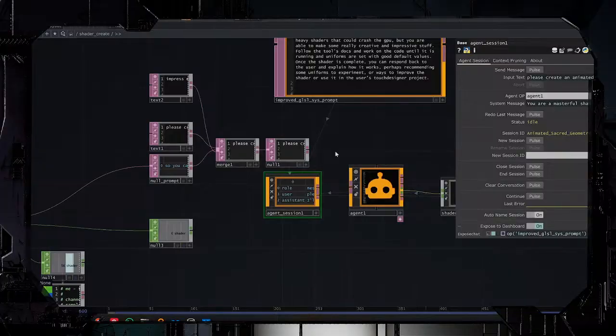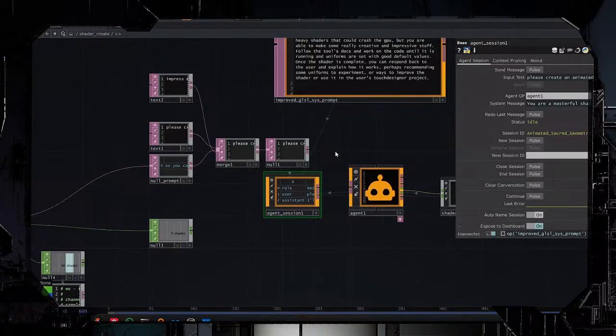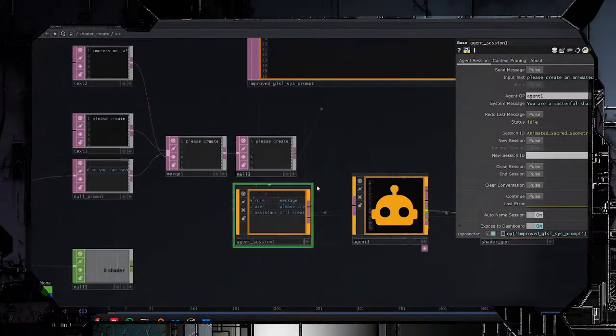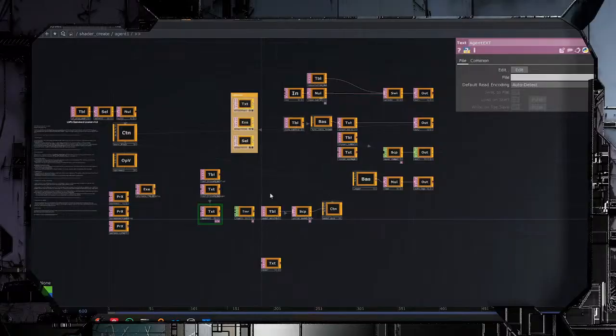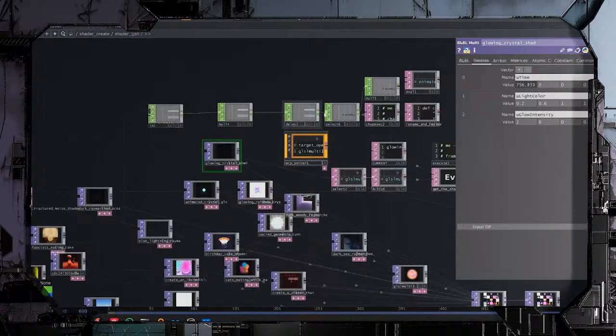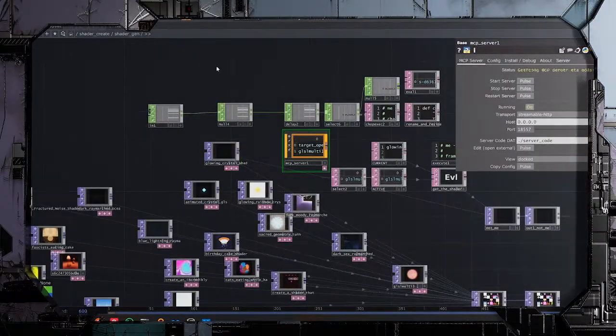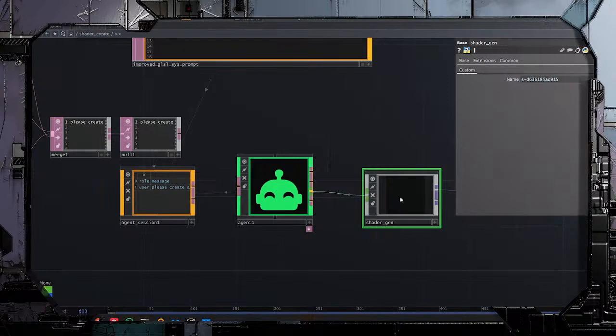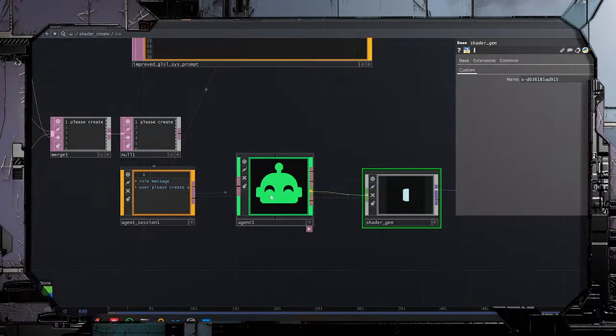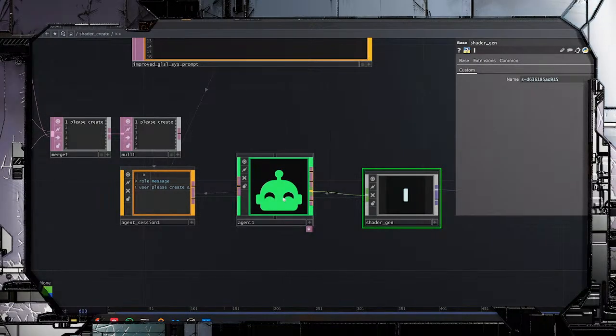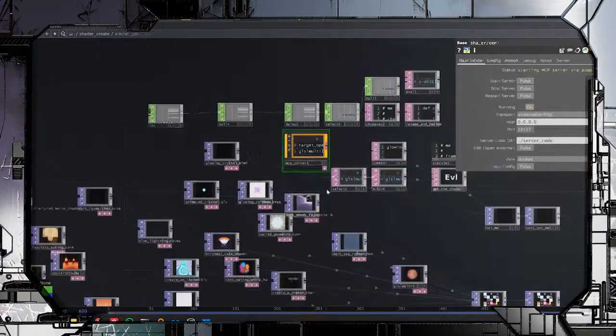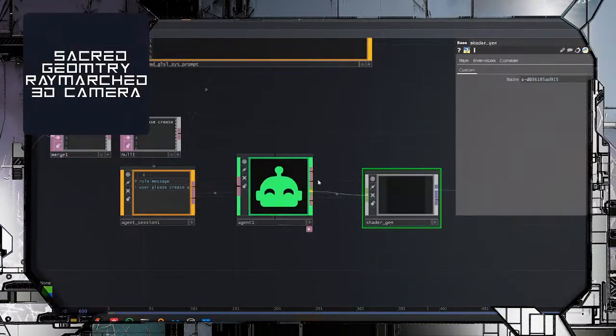Sacred geometry, ray marched. Oh, I know why. Maybe I might have just not had the MCP server on, but we'll see.